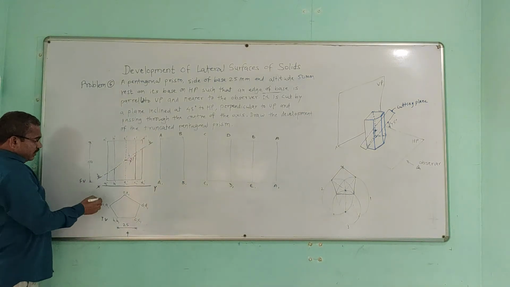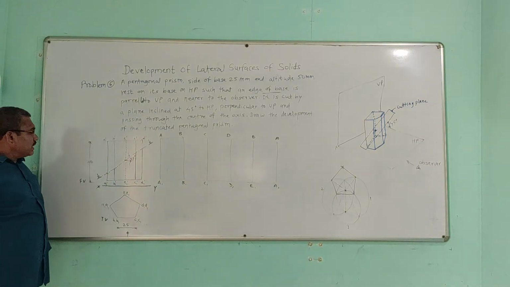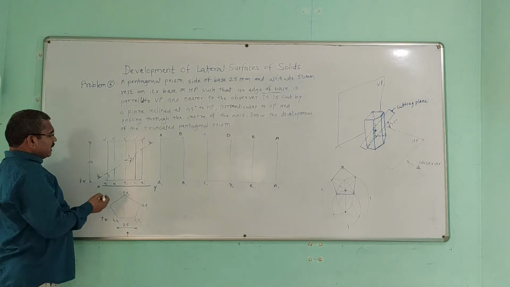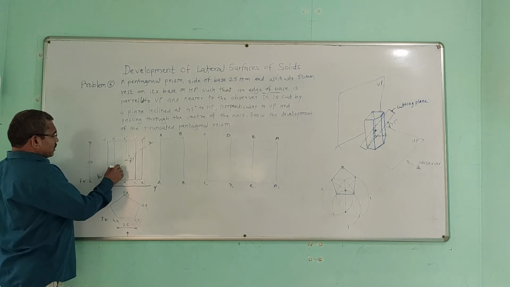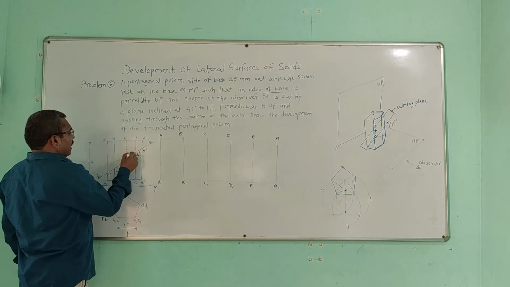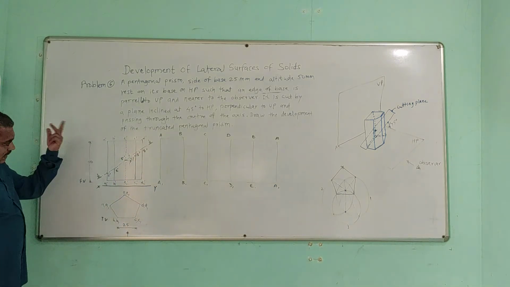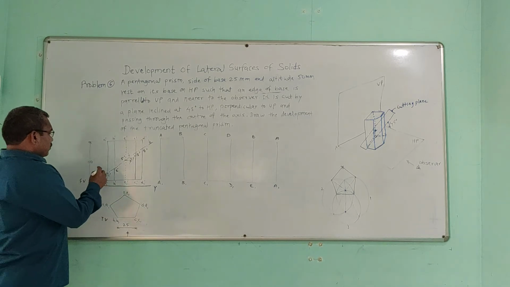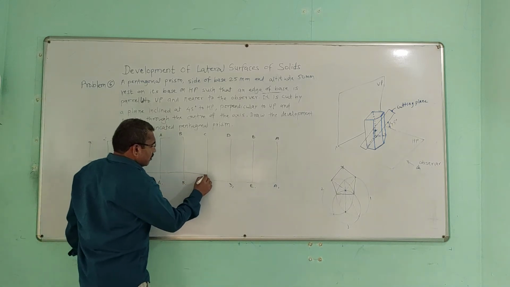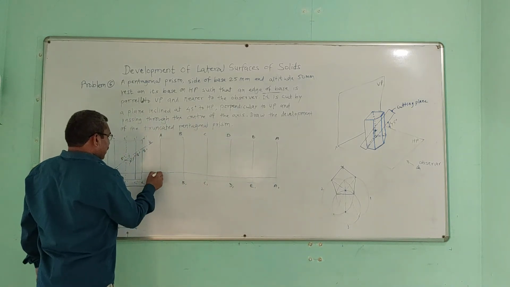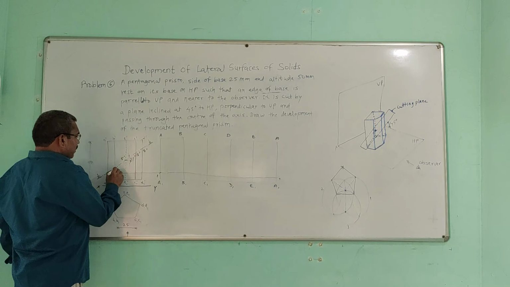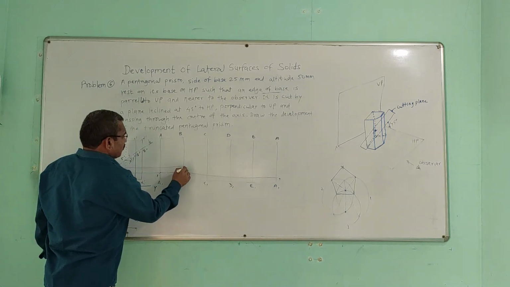Then you know that the face edges are intersected by the cutting plane. So mark point number 1 here, point number 2 here: 1 dash, 2 dash, then 3 dash, 4 dash, and 5 dash after this. Then you draw the projection through these dash points on both sides. So let us mark point number 1 here as well as here. Then point number 2 is on B1, so here is point 2.